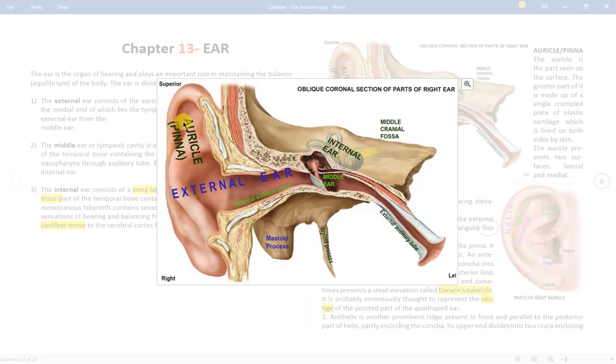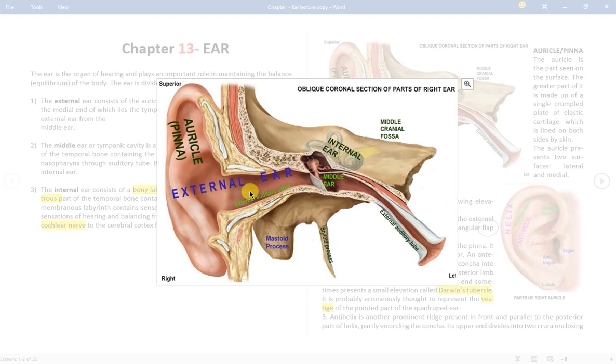has again two parts. The outer larger part, this one is known as auricle or pinna. In the center of the auricle there is one canal that is also known as external auditory canal. So the external ear is divided in two parts, the outer larger flap like part that is auricle, and in the center a canal that is called external auditory canal. It ends at the tympanic membrane of the middle ear.